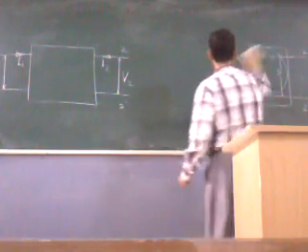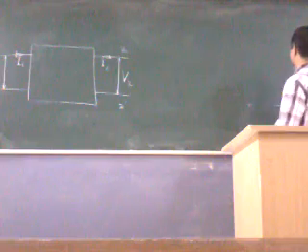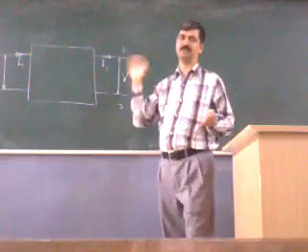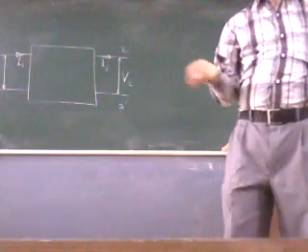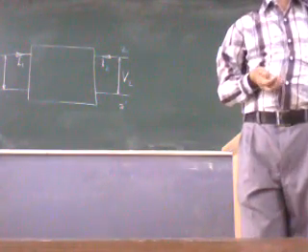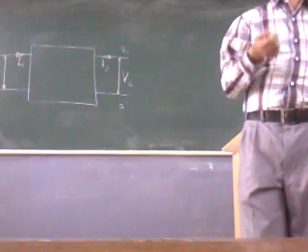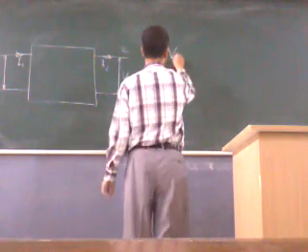So since there are 2 ports, there are a total of 4 variables. So as there are 4 variables, straight away we would be having 2 equations. We will be having 2 equations with 2 unknowns in each equation. So I can simply say like this. Say for example, V1